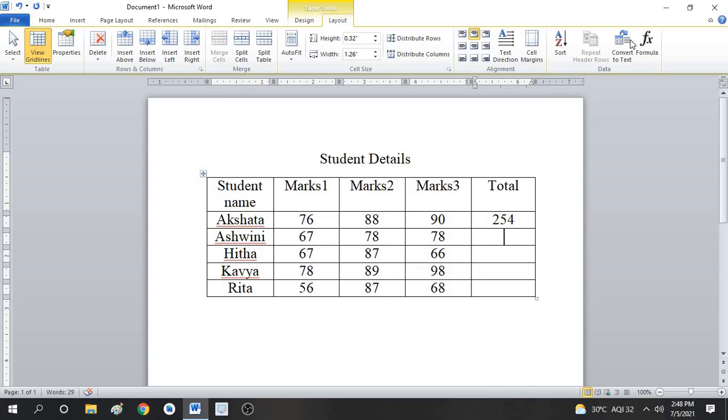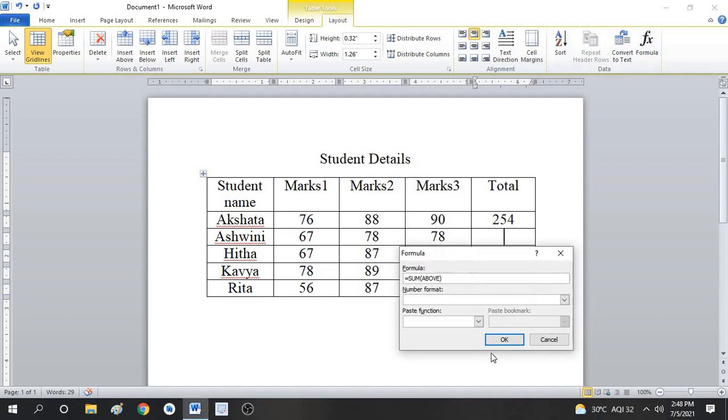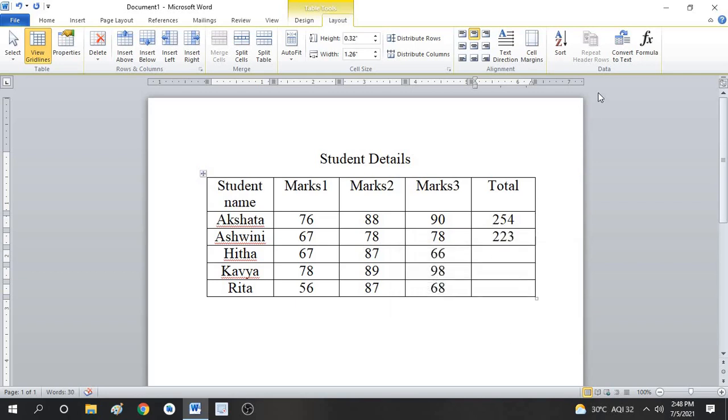Again you have to go to this cell, click on formula. Here it is taking as above, but I don't want above. I want all the values to be added from the left. So I will change this to left. Click on OK.